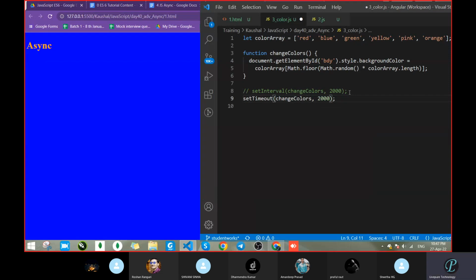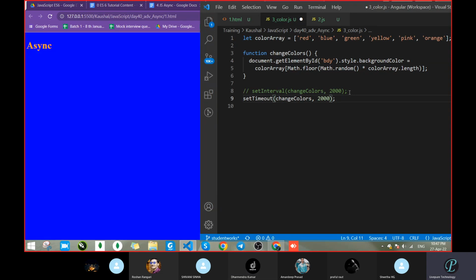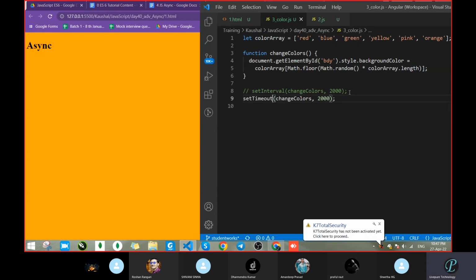It will execute the change color method after 2 milliseconds, and it will execute only one time, because once the time finishes, it's done. Let's save and wait for the time. It got yellow. Now wait for others. It will not get executed because it runs only one time. Set timeout, 2 milliseconds completed, this function got executed.